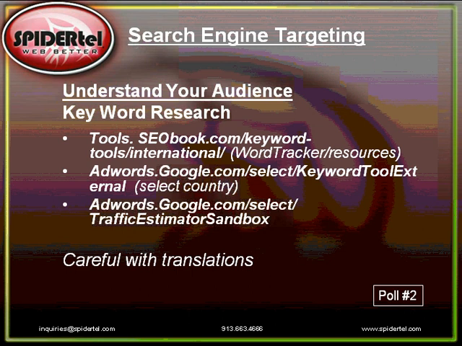And I have listed a couple of really good resources for international keyword research, and they're noted here. The first one is from WordTracker. WordTracker is a service that relies on aggregate information from users themselves, and they're accumulating this information not from one particular search engine, but from people across many different demographics and how they search. You enter in keywords that you think might be used by your target audience, and it will return suggestions based on what you have entered. And this will lead you in many different directions, oftentimes in tangents that you might not have anticipated, and really that's what you're looking for, the things that you haven't already